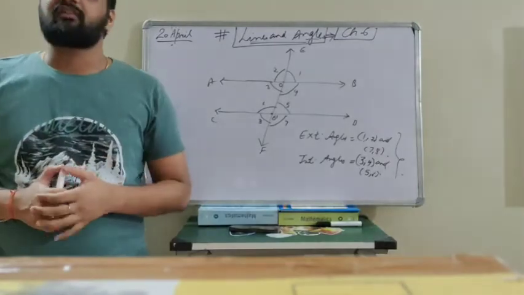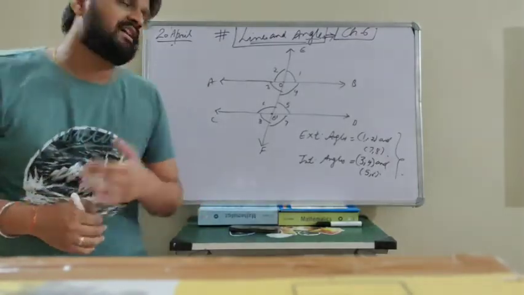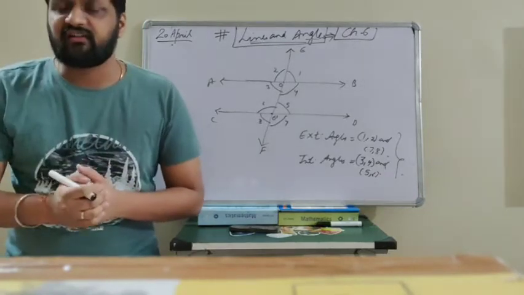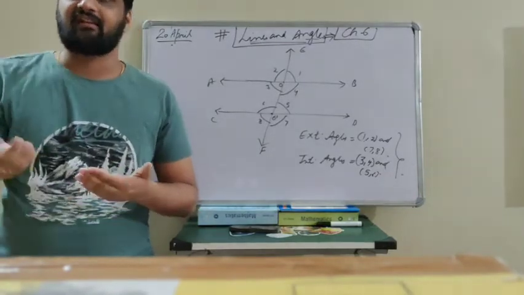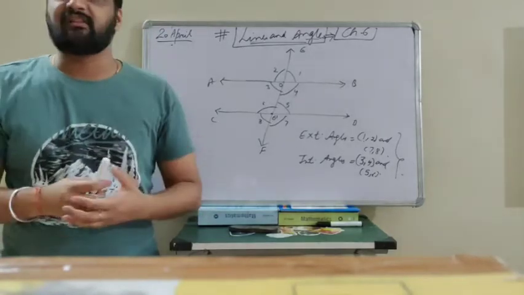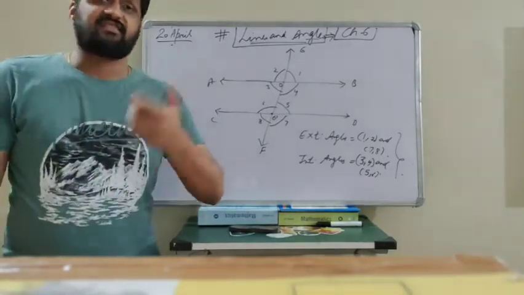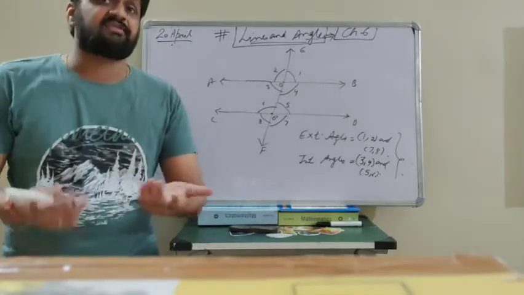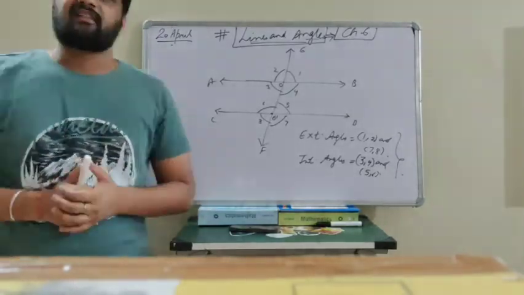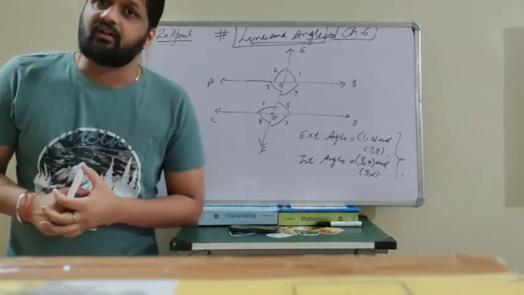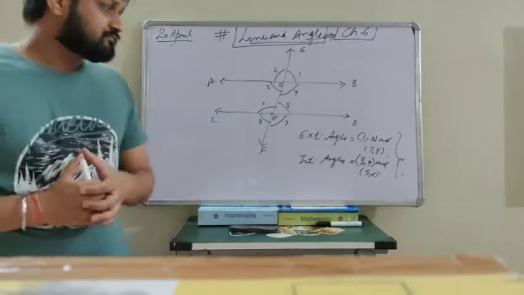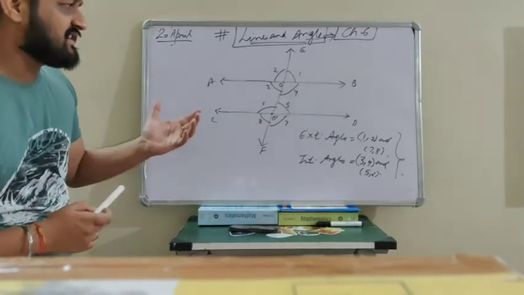In the next video we will move further ahead, and we will discuss many more different types of angles, that is alternate interior, exterior, then corresponding, then vertically opposite angles, then what we mean by the linear pair, or you can say the sum of angles on a straight line is always 180 degrees, that we also discussed. There is a theorem as well that is called angle sum property, or angle sum theorem you can say. So we have to analyze all these things.